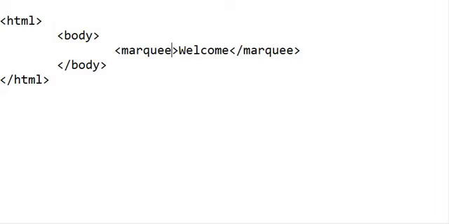Basically in HTML we have different kinds of attributes, and attributes help the tags to give some extra work. Okay, to define some extra work we'll use attributes. So different attributes we have in HTML for different works. So in the Marquee tag we have two attributes, that are direction and behavior. So first we will go for direction.